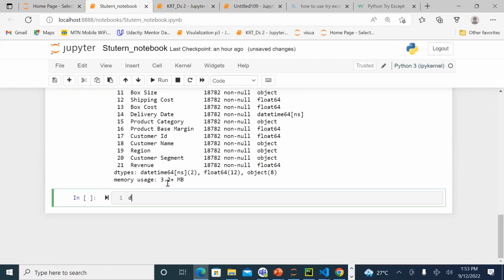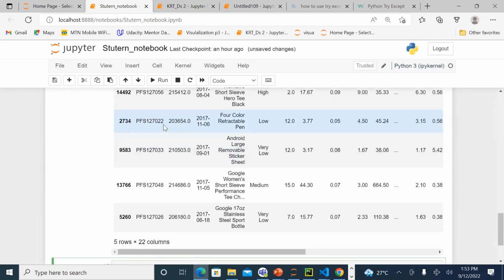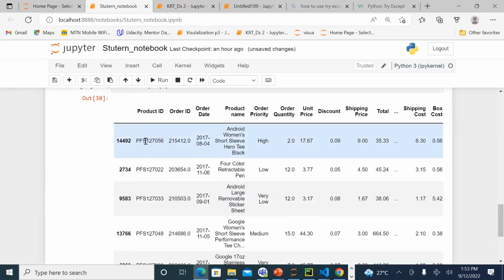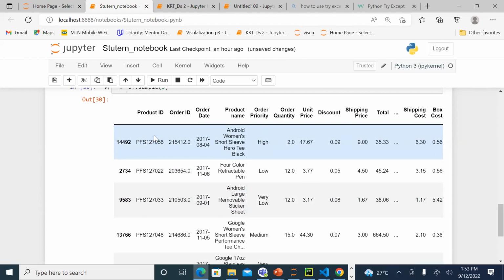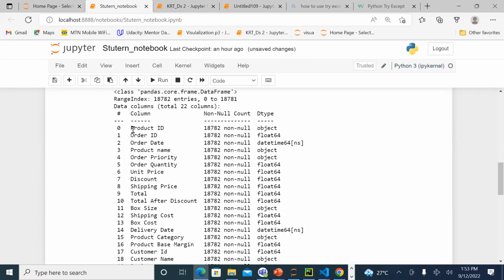Now, let me show you what I'm trying to say. This is df.sample, which gives a random sample of the data. See, we have the product ID here, we have the order ID, and different types of columns with their values. What we are interested in is picking those columns that contain string data type. Are you getting me? Normally, the columns that contain string data type, for the first one, we have the product ID,